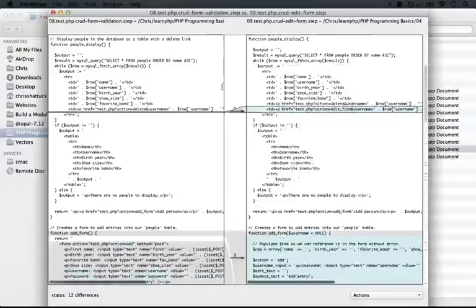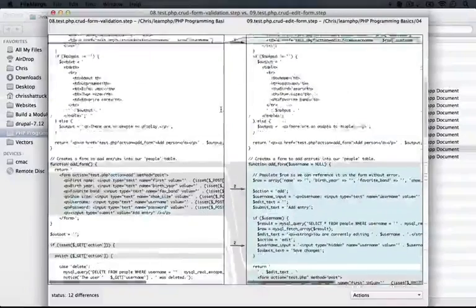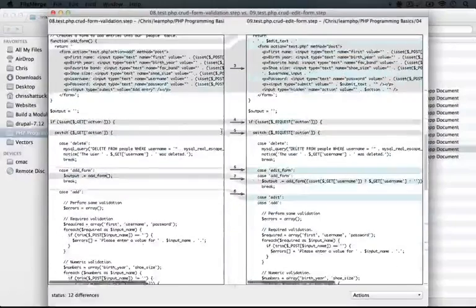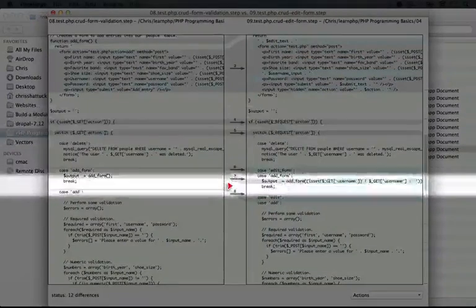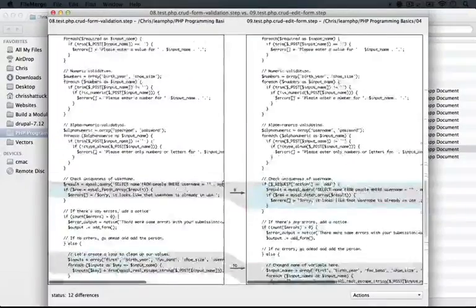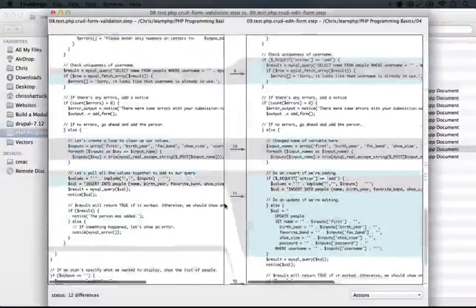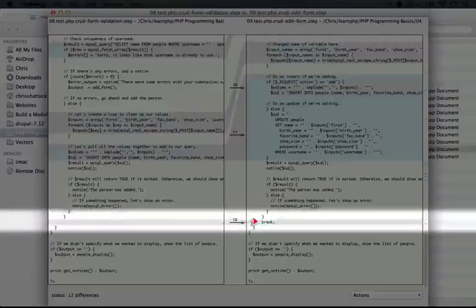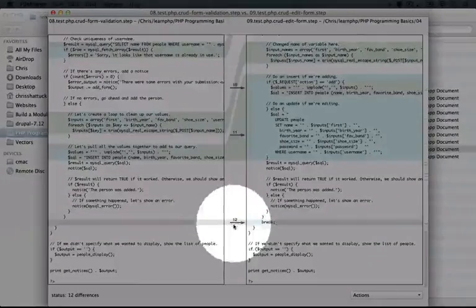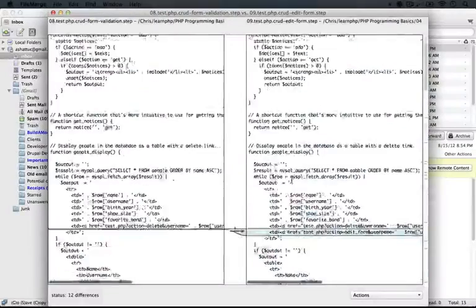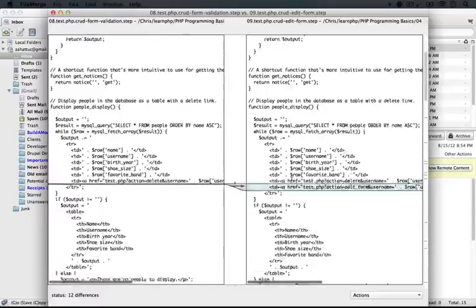Now if we scroll down, we'll see there's a change right here. I'm going to keep scrolling. We have some bigger changes right here. I'm going to keep scrolling. We have some additional changes here. And if I keep scrolling, we have some additional ones near the bottom. And finally here, right there. So in all, we have 12 changes. Now let's scroll up to the top and take a look at these differences line by line.